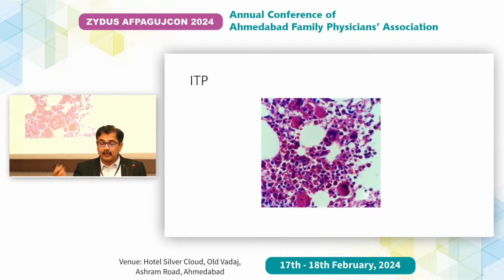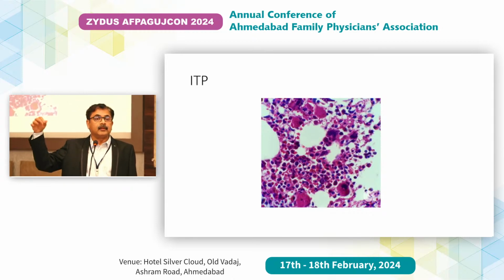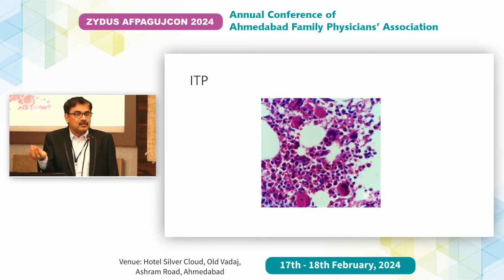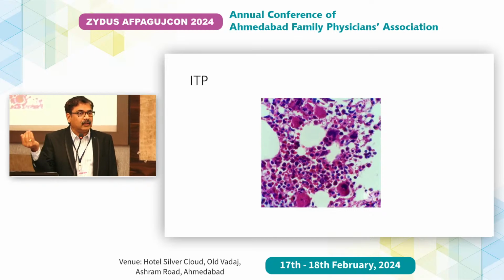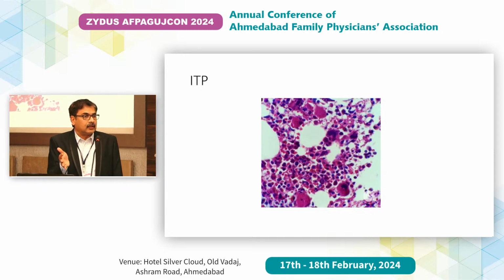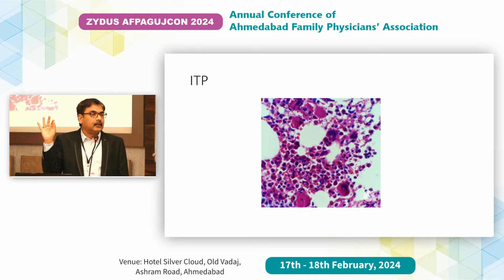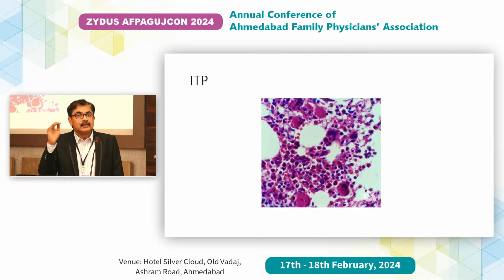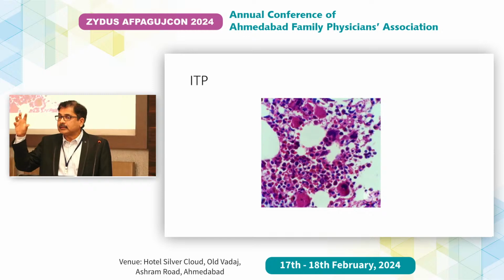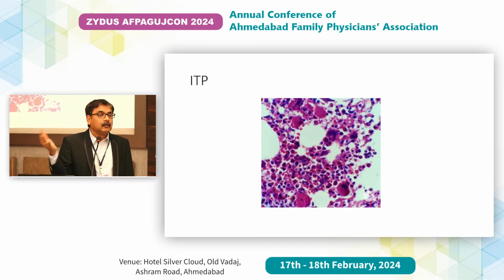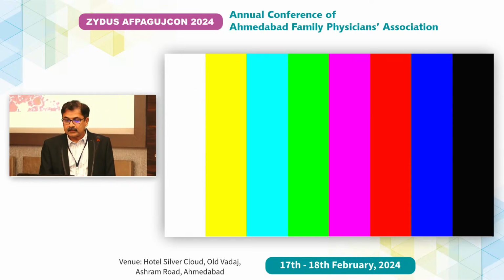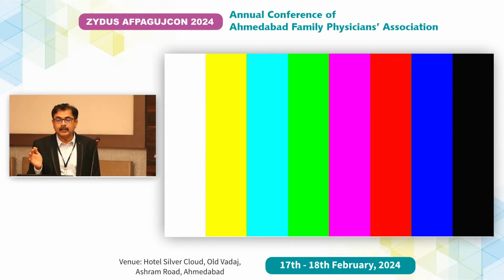So the body is trying to produce platelets, but they are getting destroyed in the periphery by antibodies, so the platelet count drops. A lot of them tend to have a little bit of leukocytosis because of either inflammation or infection. Anemia maybe because of a little bit of blood loss and iron deficiency. This is the general scenario where classically only the platelet count comes down. Sometimes anemia is associated. If you have both ITP and autoimmune hemolytic anemia, because of antibodies against RBC and platelets, we call it Evans syndrome, where both can be low. So that's a classic example of immune-mediated destruction.